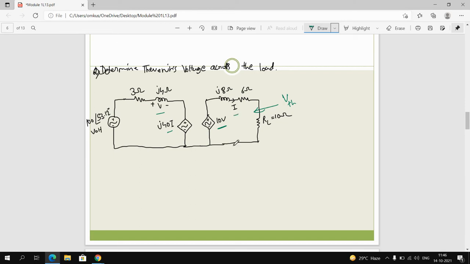See, the first step is to open circuit the target terminal. When you open circuit it, this current is zero. So what does your circuit look like? When I open circuit that target terminal, this current is zero, so this is also zero. So this becomes zero, so this is short circuited, right? Because the current is zero, the dependent source has no effect on this branch, meaning there is no drop.